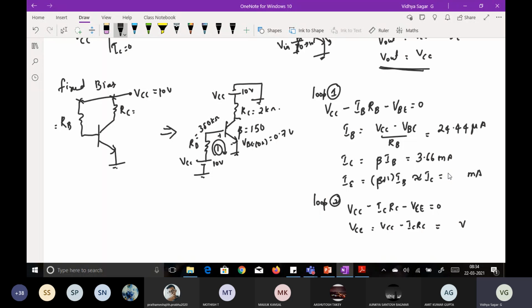Sir, I had a doubt, sir. In the exam, if we get a negative value for VC or something like that, should we assume that our answer is wrong, or is it that the polarity will be reversed in the circuit? Nothing like that. If it is negative also, it does not say that it is wrong. It is not about the polarity. The transistor operating region is different. That's it.